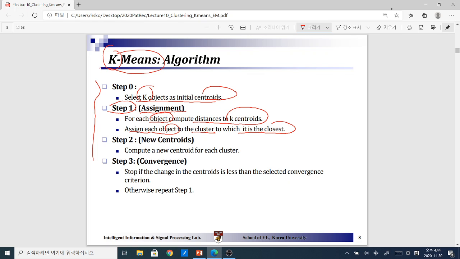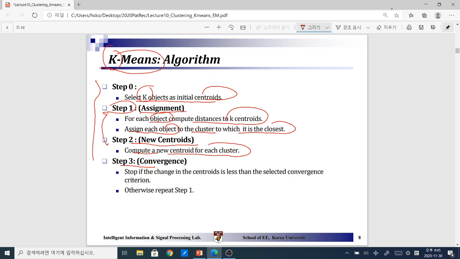And then after every sample is decided on which centroid is the closest, each of the samples becomes assigned to that particular centroid. And then after that, we're going to compute new centroids for each cluster. So this is the new centroids step. And after that, we're going to repeat this process